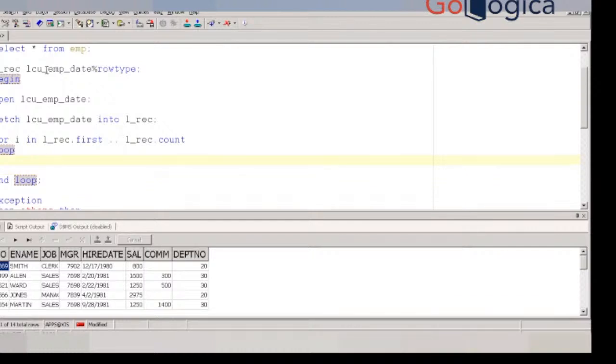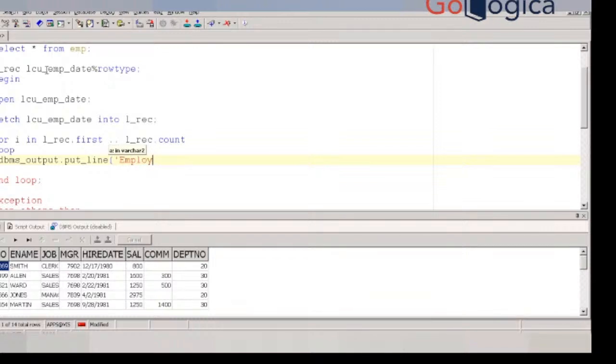DBMS statement, right? Print the output. DBMS_OUTPUT.PUT_LINE. Yes, PUT_LINE. Okay. Single quotes. Okay. L_REC